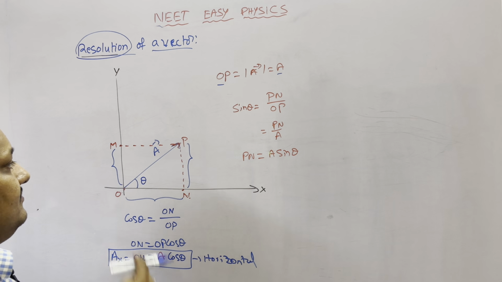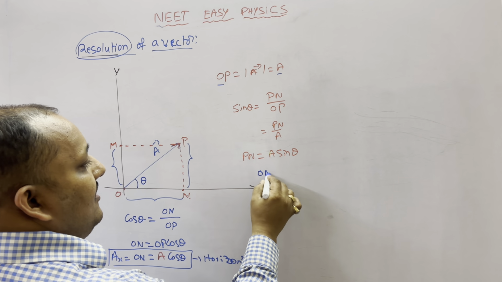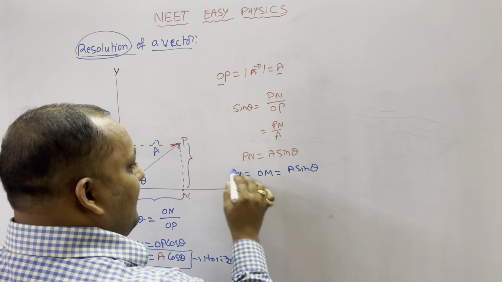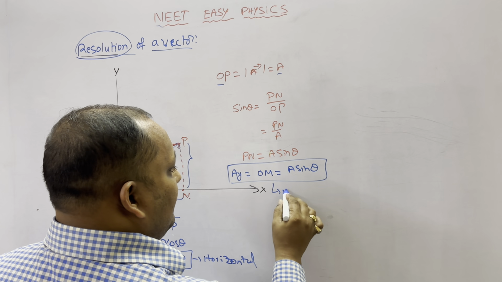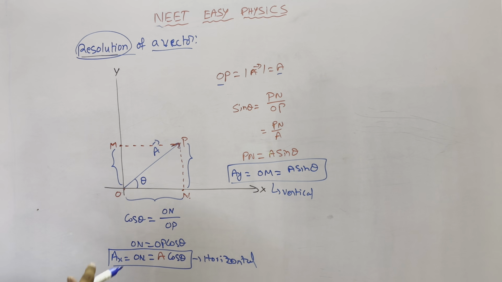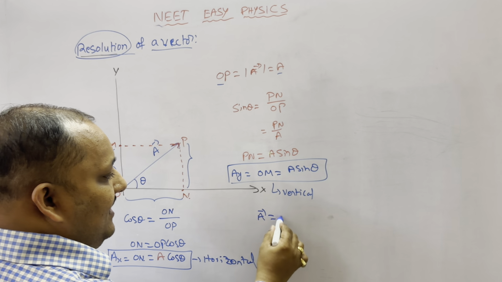According to the diagram, OM is equal to PN, which is A sin theta. This is the vertical component. So if you divide A bar into two components, you get A bar is nothing but